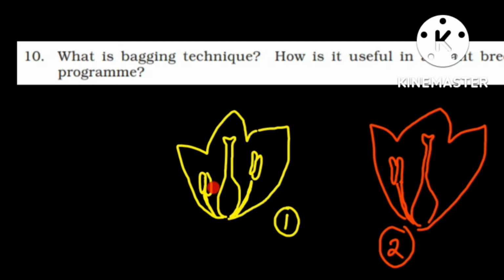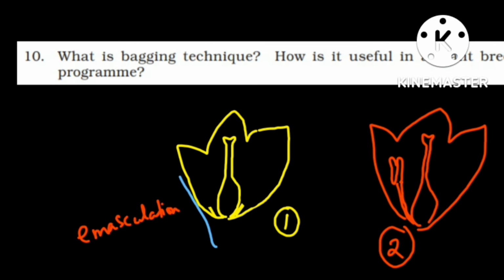So for that purpose, the anthers and the stamens of the first flower will be removed, and that process is called emasculation. This emasculation is done when the flower is in the bud stage, so the stigma has to become receptive to do the hybridization. After the emasculation, the flower will be bagged with butter paper, and that process is called bagging,